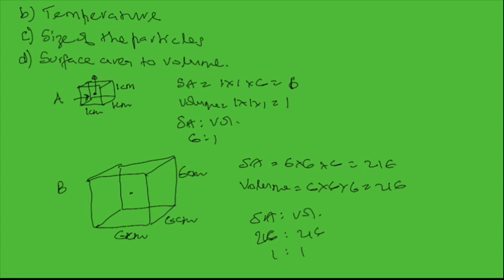So relative to the surface area, here the volume is very big, and hence the rate of diffusion of particles into and out of a large body is going to be slower compared to that of a smaller body. Now, the fifth factor that affects the rate of diffusion is thickness of the membrane,